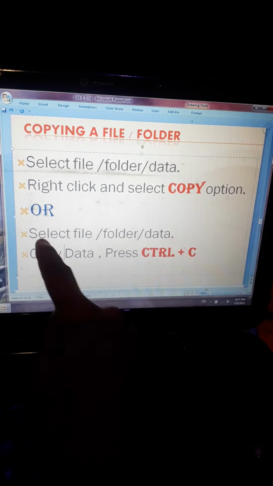Here are some shortcut keys which I am going to show you. First, suppose I want to copy or cut this file. To copy our file we have to press the Ctrl plus C key, and to cut our file we have to press the Ctrl plus X key. And to paste our file, we have to select the new place, and in the new place, simply press the Ctrl plus V key combination. You can see, or we can also right click and select the paste option.